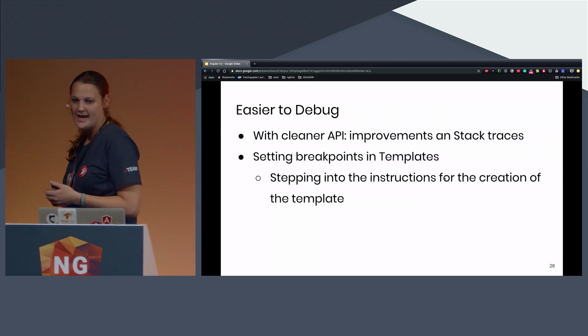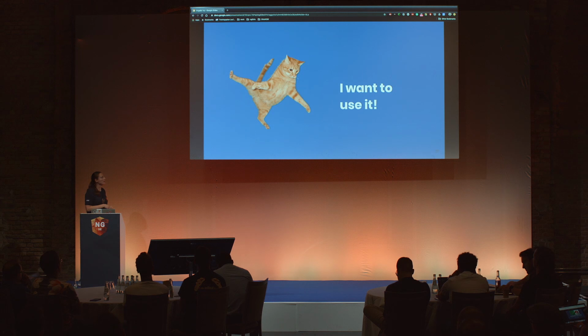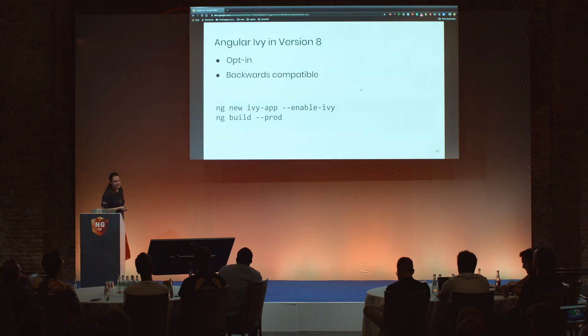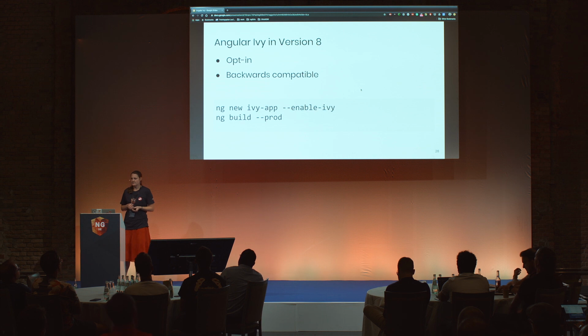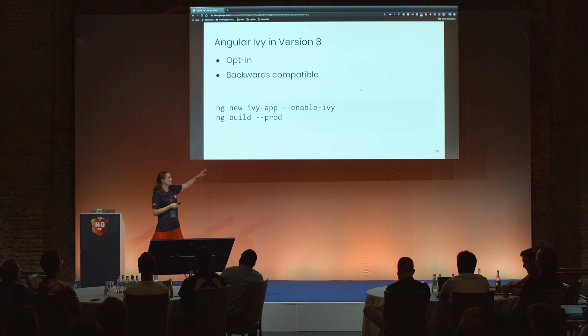So far, so good. Everything fine. Now, finally, how can we use it nowadays in our project? As I said, Angular Ivy in version 8 is currently opt-in. So if you want to use it, you have to set a flag, enable Ivy, and then build it. And then you can already compare these two bundles with each other. Of course, when you just have something like a Hello World example, it might not make that much difference. But if you have a bigger project, a real-time project, you will definitely see the difference.